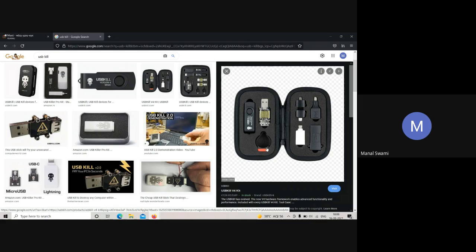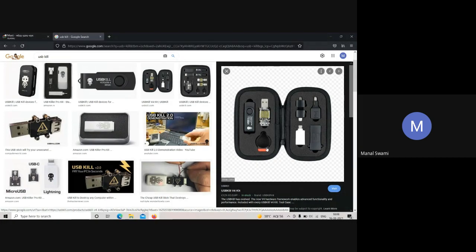What happens is, whenever you connect this pen drive to any system, the whole kernel crashes. Okay, this is so dangerous that in whatever operating system you connect it, either it can be a phone, it can be a PC, it can be a Mac or Linux, whatever, even in your smart TVs as well, it will shut down forever. Okay, it is so powerful.